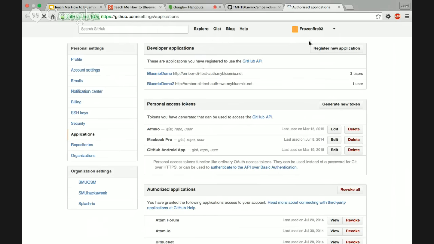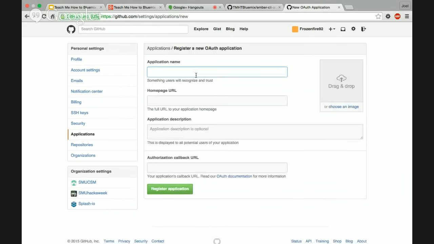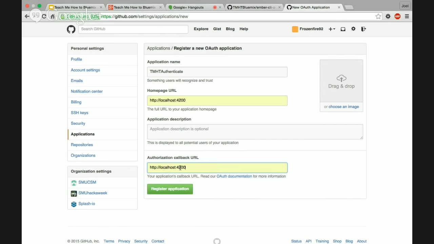Now from here we need to set up our application on GitHub. Go to this link, which takes you to your GitHub settings/applications. At the top right, we can see Register new application. We'll name our application. When people log in with GitHub, this is what they'll see. For the homepage URL, by default, we're just going to do localhost:4200. I haven't tried this on